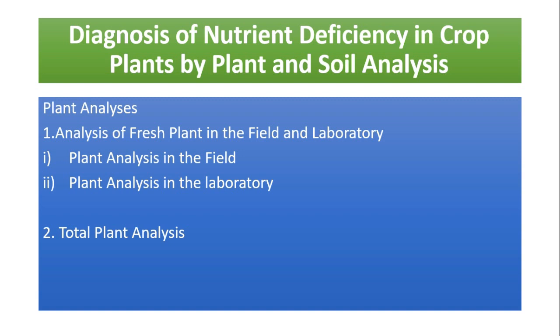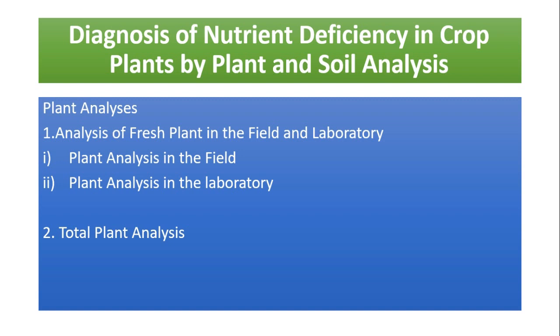Now, another method which is more accurate is the analysis of plant and soil. So number one, analysis of plant. In this category we can analyze the fresh plant in the field or laboratory. We can analyze the fresh plant in the field in situ, and then we can predict or make a conclusion whether this crop or plant is deficient of a certain element or not, and we can also make the recommendation of the required